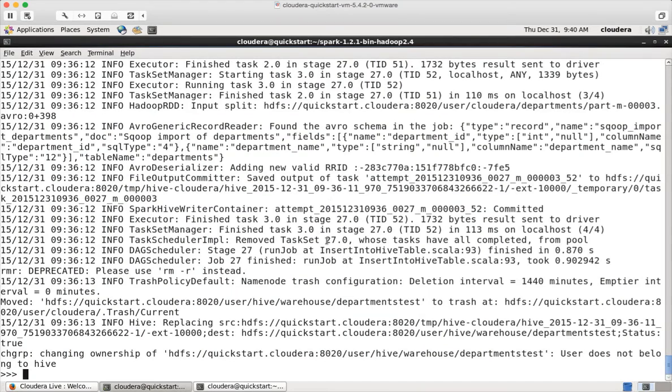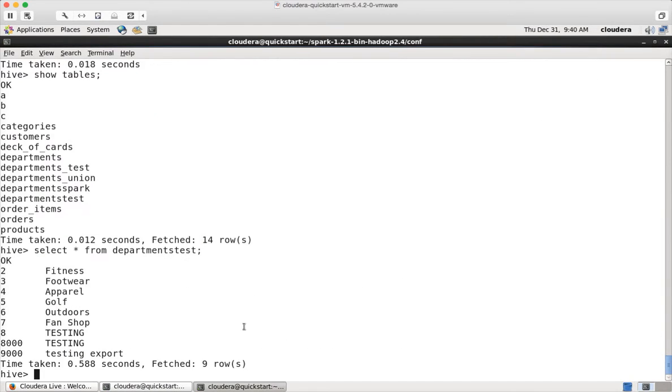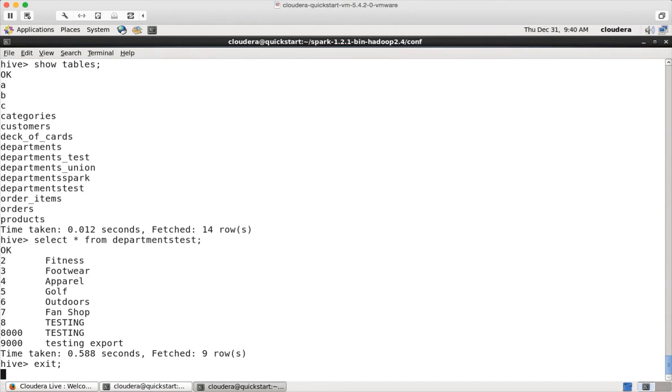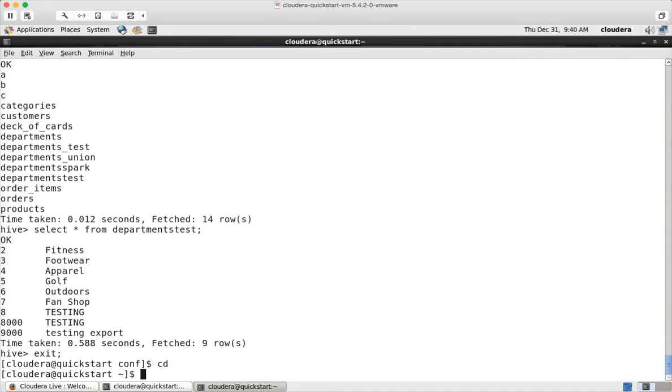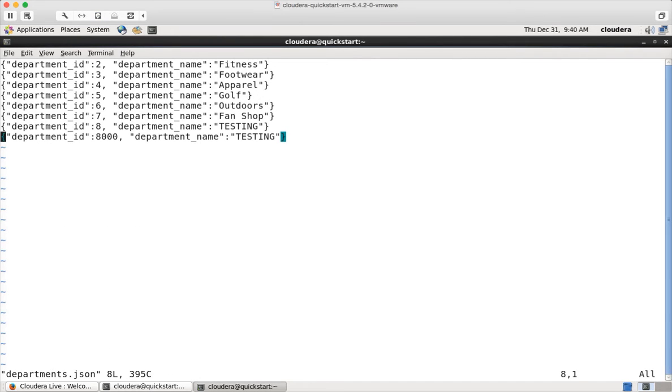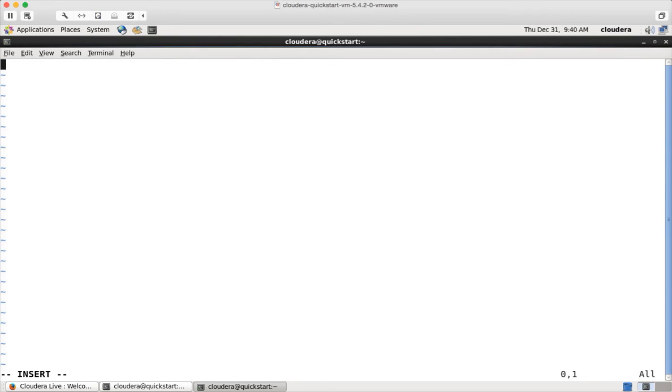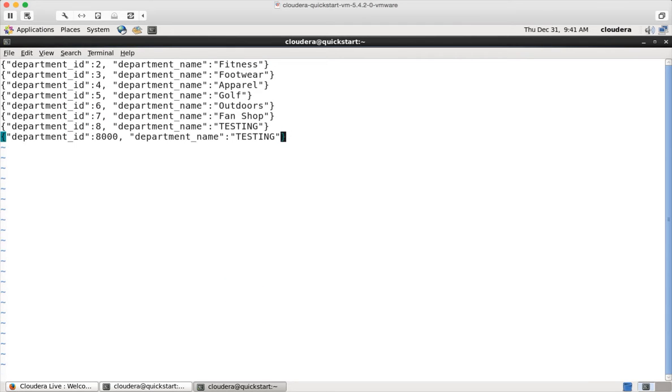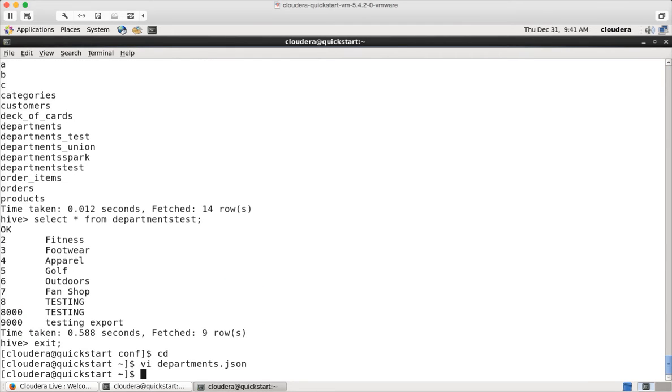Go to your VM, go to the command prompt, and then you can say departments.json and hit enter, and then you can actually copy paste those records and save it, come out of it,